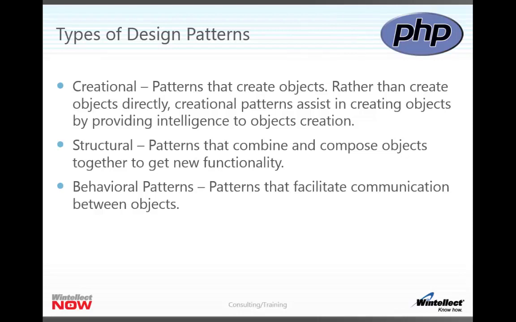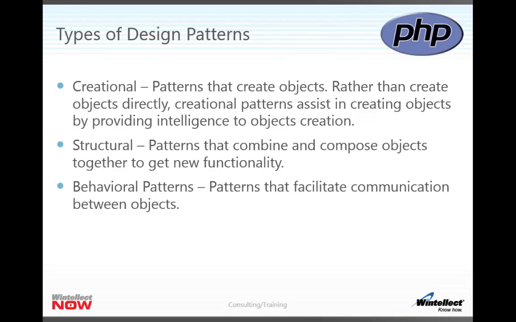The second category is structural. Structural patterns combine and compose objects together to get new functionality. And what this does is it helps create simpler objects that you can put together to create complex structures. So it actually helps reduce inheritance and subclasses, and helps reduce the number of different kinds of objects you have. And it creates a simpler application, but when you combine these, you can actually represent complex data without having to have tons and tons of subclasses beneath a single parent class. So we'll see how that works when we actually start looking at some of these structural patterns as well.